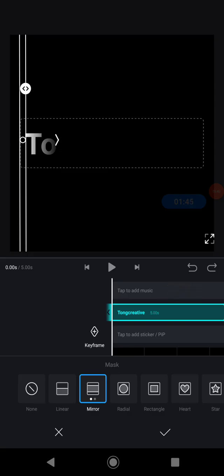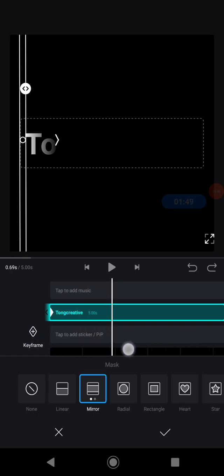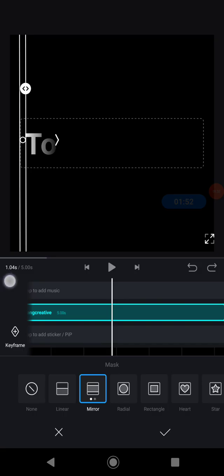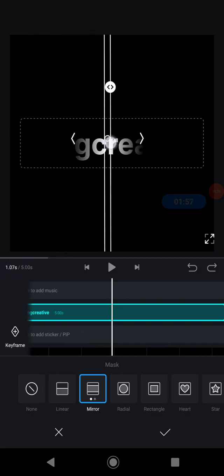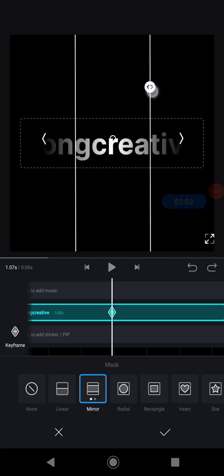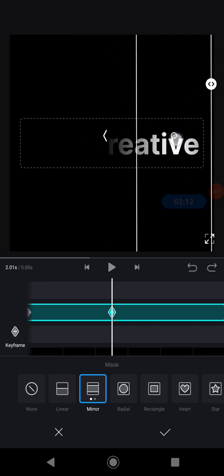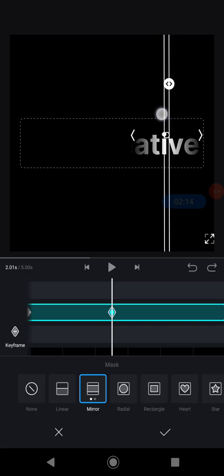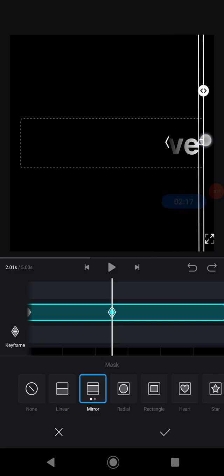and after that click the keyframe and now swipe left, maybe to 1 second here. On the 1 second, put the mask in the middle of the text here and make it much wider, and swipe left again and click keyframe and then put the mask at the end of the text like this, and then swipe left